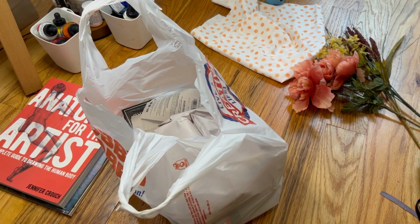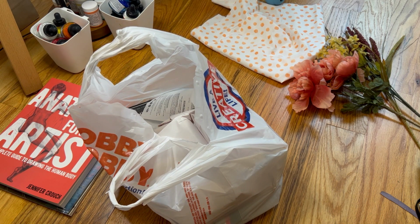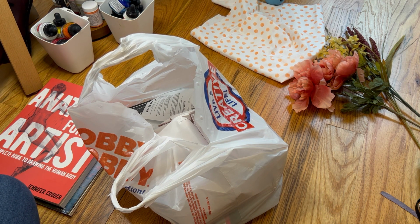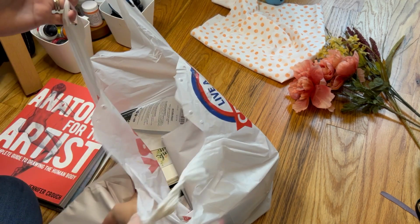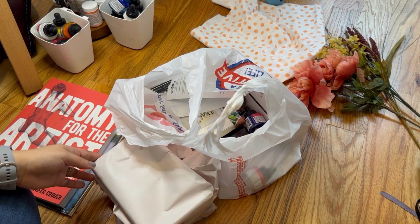So to get started with the Hobby Lobby haul, I got a couple things that I also do not need because I have so much of, but why not? I was taking my mom shopping and I figured I might as well make a couple purchases myself. The first item that I pull out are